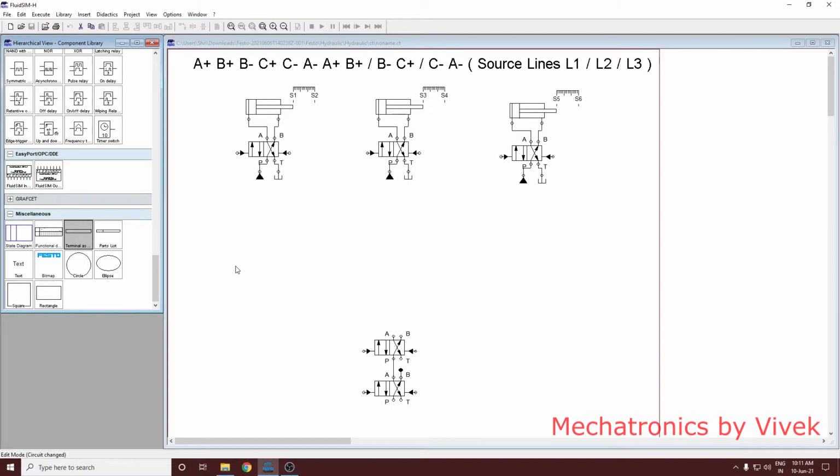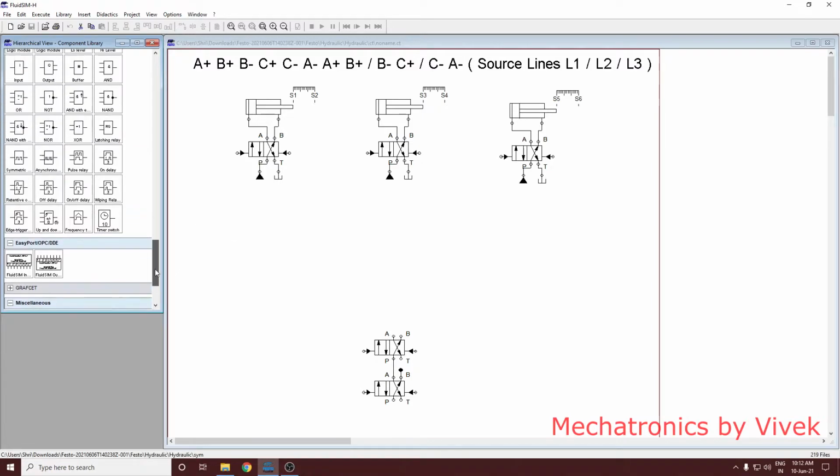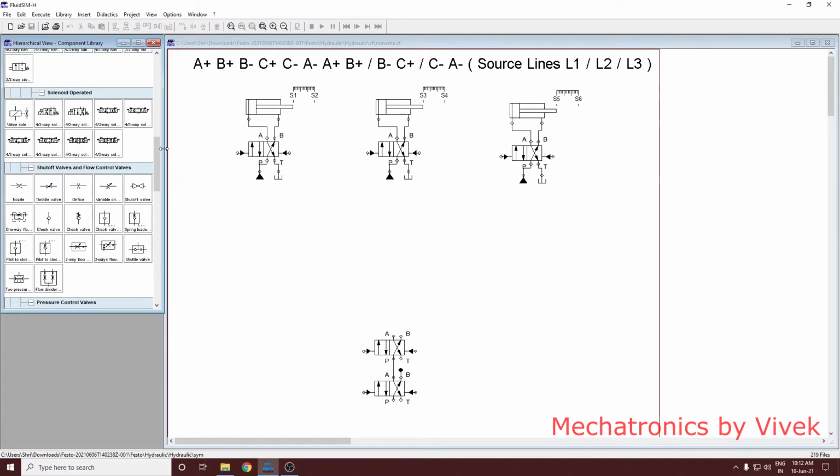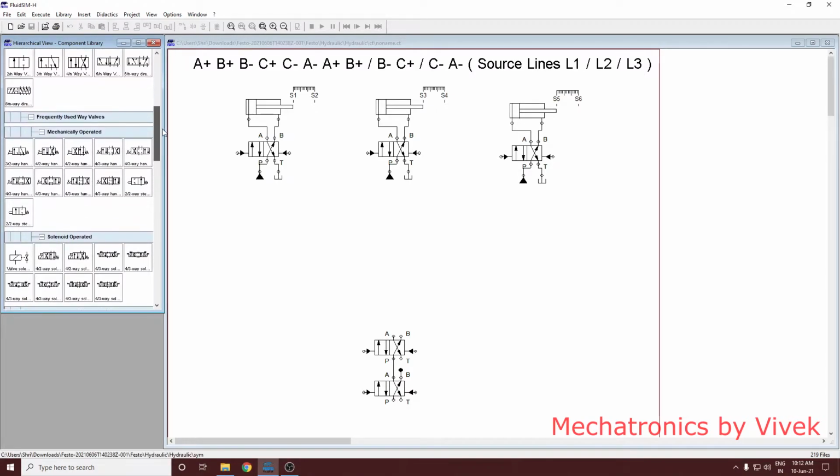Now you need the limiting valves actually, or the sensors, or you can say simply push buttons. Limiting valves are generally or ideally used 2 per cylinder. Okay, so let's have those limiting valves.